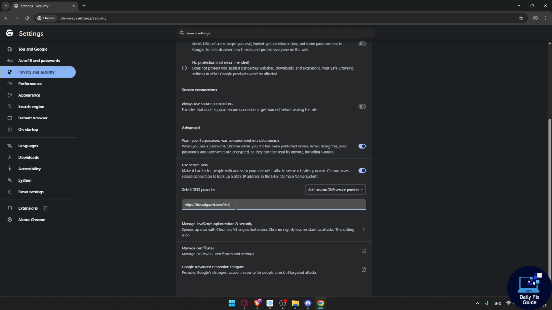Let me just do this. Right, like that, dns-query. And this is one. The other one is, instead of dns.adguard.com, you can enter block.ada.org. So the first one is AdGuard DNS, and the other one is block ADA. Oh, sorry, I typed it wrong. Make sure not to type the C. So the first one, as I said, is AdGuard DNS, and the other one is block ADA